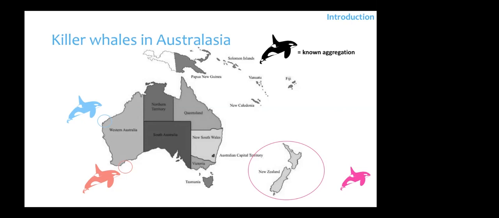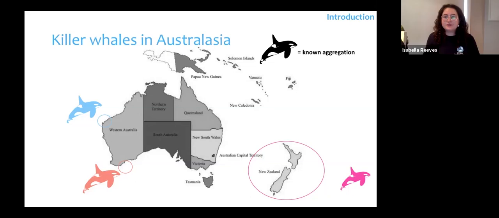Alex is wondering, would you expect that within the southwestern Australian population, there could be more than one population if there was more data available? There seems to be a lot more individuals spread out along different coastlines. So the Southwestern Australian aggregation, just to put it in perspective, with the 200 animals catalogued, I think we've got about 60 biopsies that are from different groups. So I think at the moment, I would say they're one population.